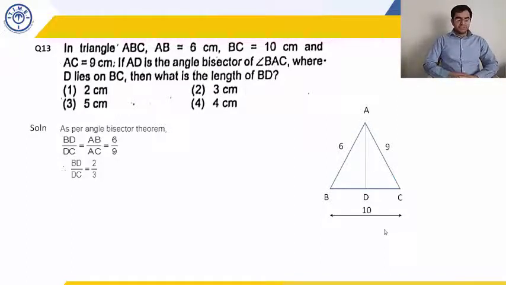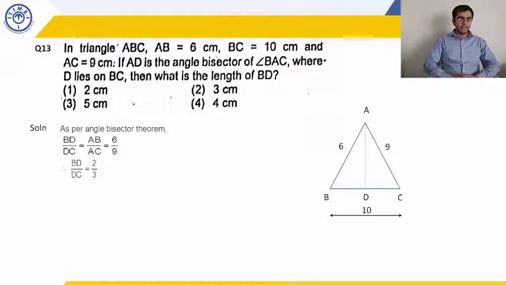So using the concept of ratios, you can write this part down. Let BD, DC be 2K, 3K respectively, implies 2K plus 3K equal to 10, implies 5K equal to 10, implies K equal to 2, implies 2K equal to 4. And what is 2K? 2K is BD. So BD is 4, and that is what you need to calculate.